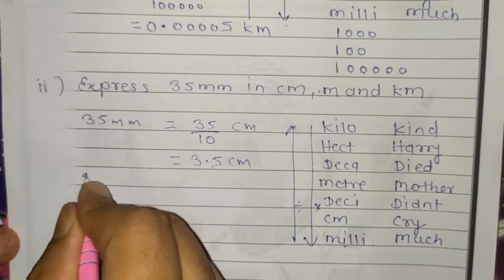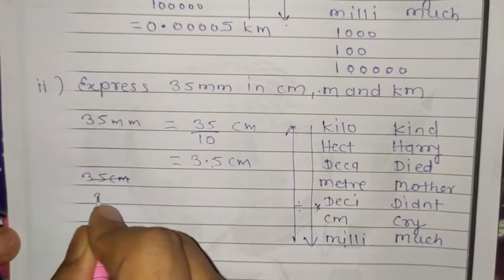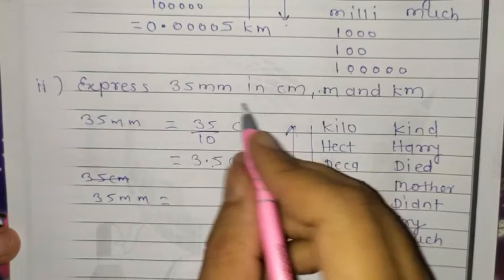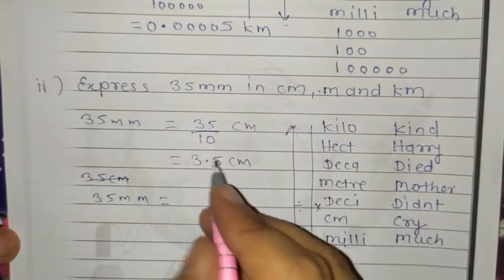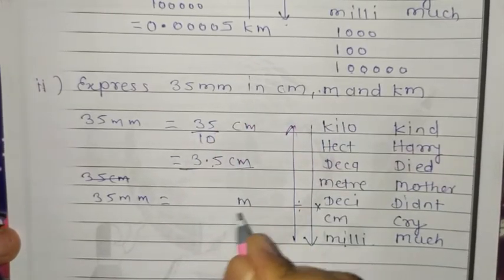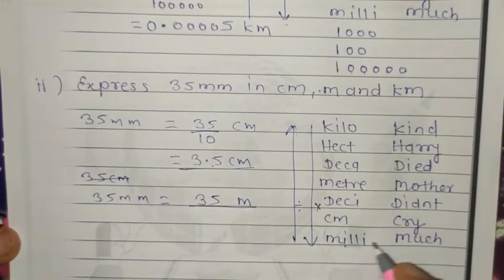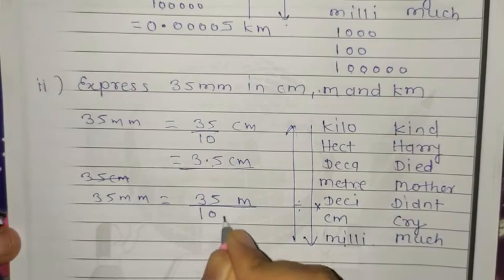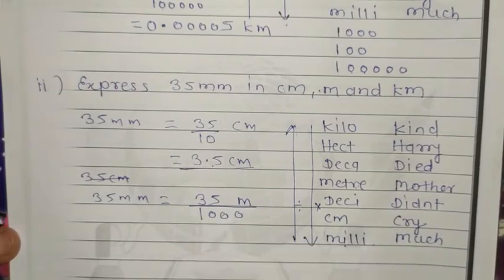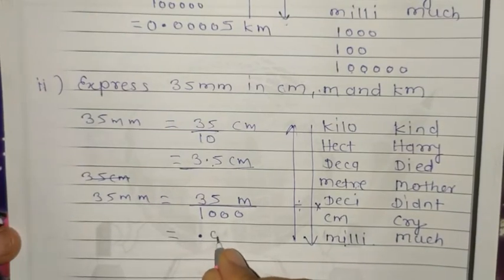Next one is 35 mm equal to how much meter? Next question is, as we solved mm in centimeter, next one is meter. So write meter as it is. Then here write 35. Now you have to check the 0. So here it is mm. Here it is meter. So distance is 1, 2, 3. Means after 1, 3 zeros. And we are going upside. So division. So your answer is, first you write decimal point. 3 zeros means 3 digits. So write 0. And then 35.